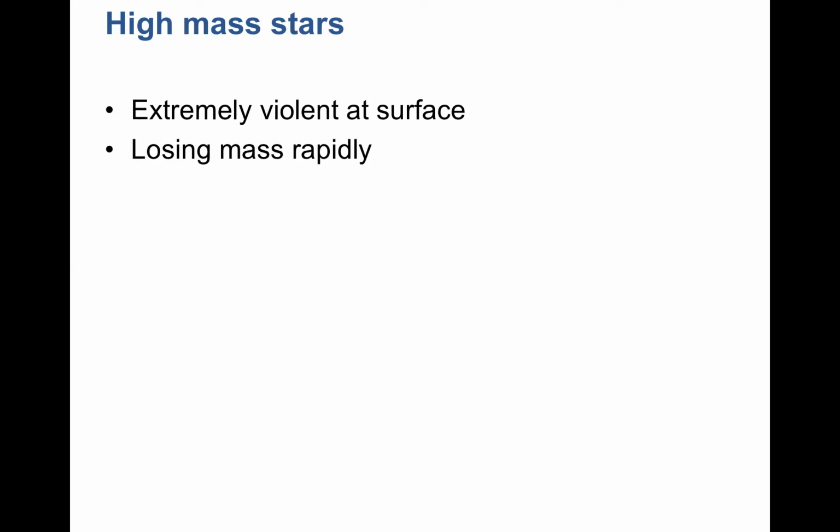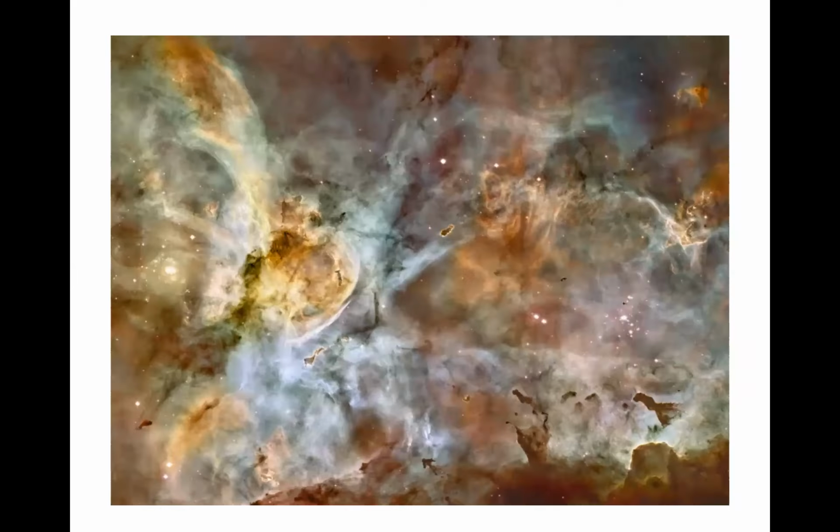So here's an example. Here's a nice image of the star-forming region, the Carina Nebula. This is one of the largest star-forming regions in the galaxy. You can see lots of cool things going on. You've got a cluster of very young, bright, massive stars here. You've got some things going on over here. Lots of very dense molecular clouds. Lots of emission nebula where it's been heated up by these massive bright stars. Some dense knots of regions potentially where more stars are forming as we speak. A very rich and energetic and interesting region of the sky.